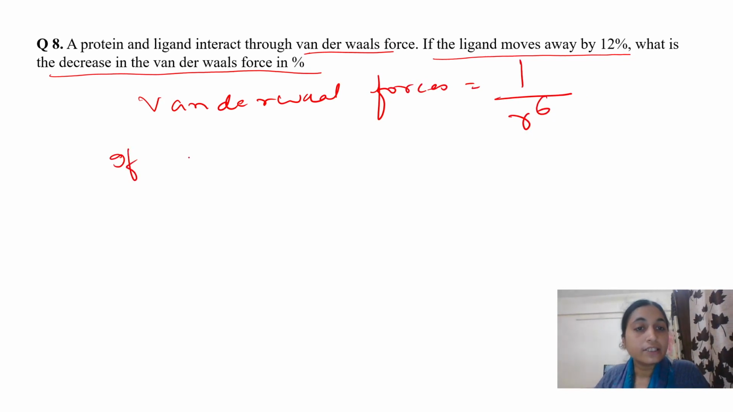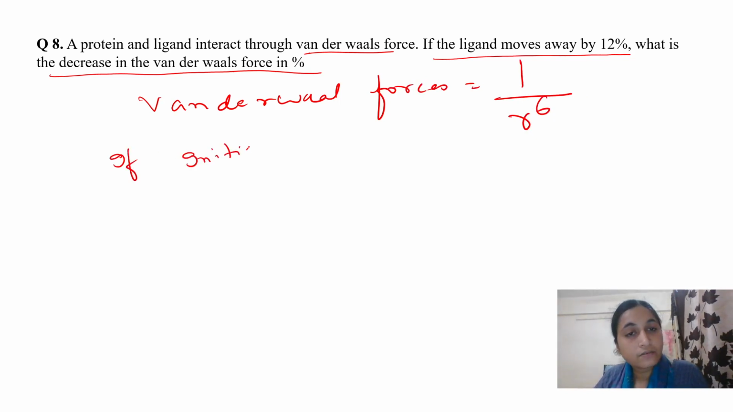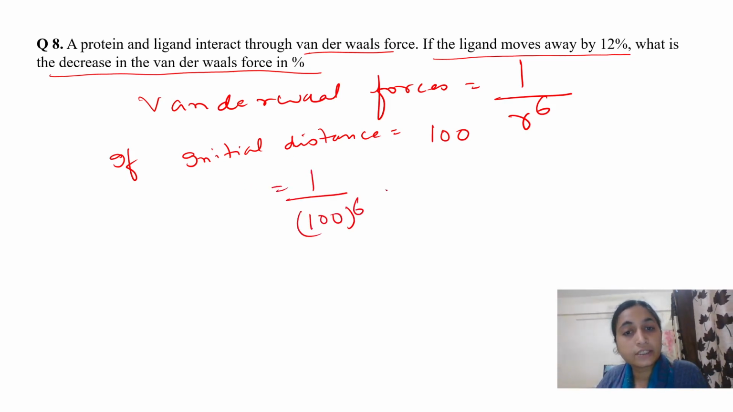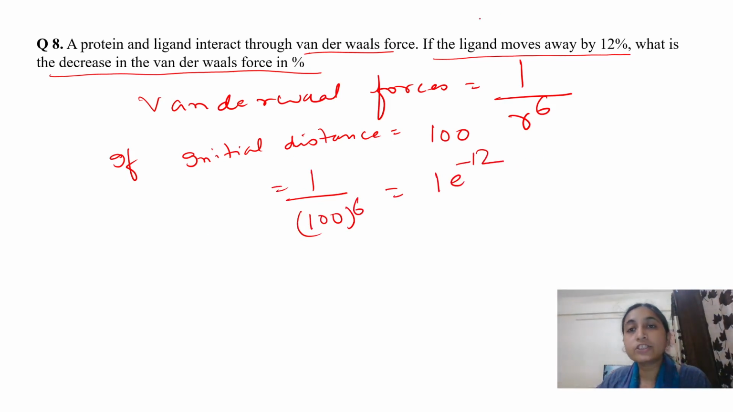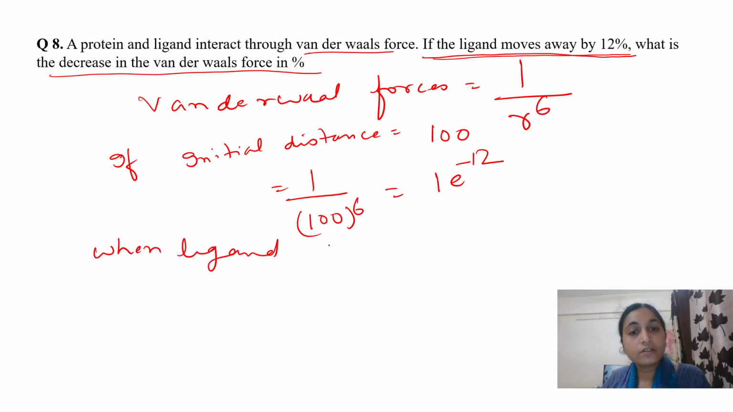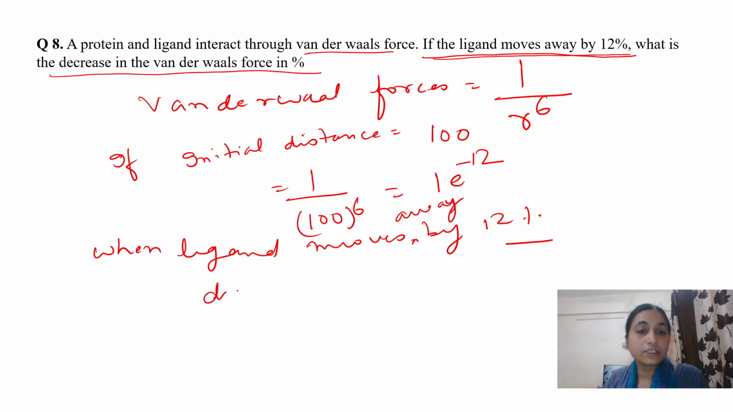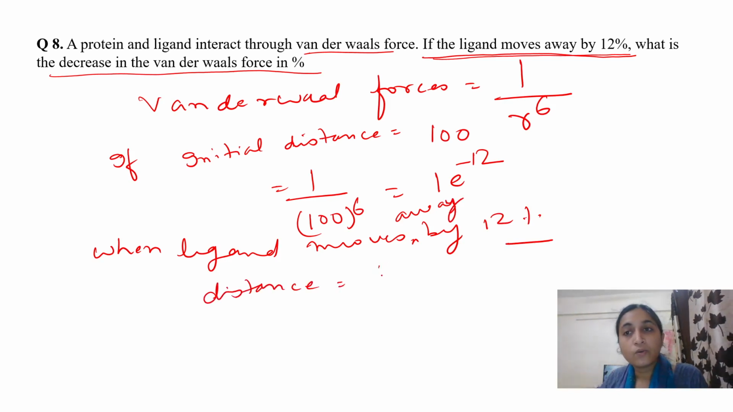So if we consider the initial distance equal to 100, right? Then the van der Waals forces will be 1 upon 100 power 6, and this will come to 1 e power minus 12. And in the question they have told that the ligand moves away by 12%. So when the ligand moves away by 12%, this distance will become 112,